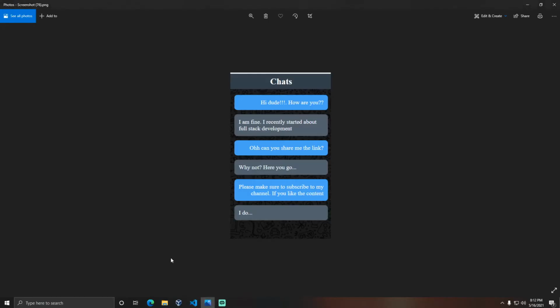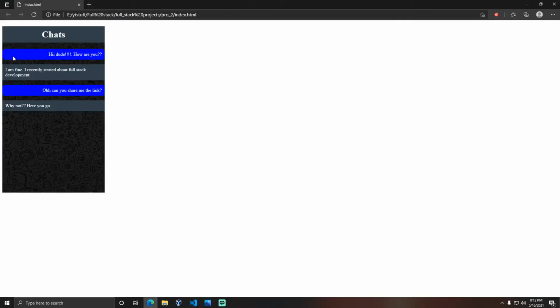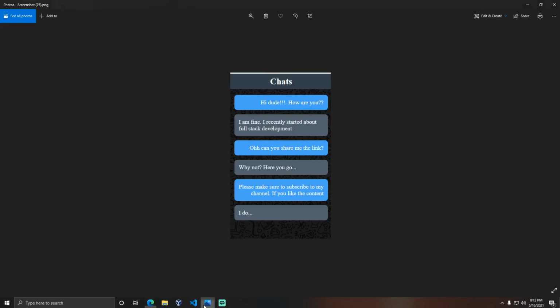Reload it. See, here we got these round corners, but the container, I mean the background color blue and the border, have some spaces.